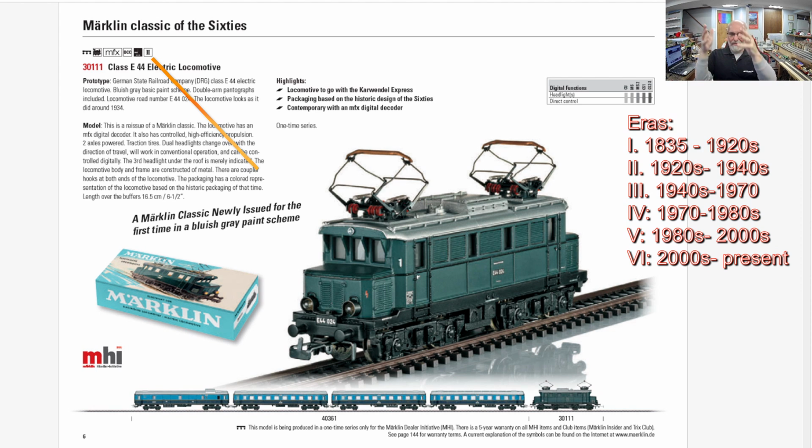In general, and they'll come up on the screen here, Era 1 is anything from the beginning of trains up to just past the end of World War I. Era 2 is between the wars, to the end of World War II, the mid-late 40s. Era 3 is post-war into the 60s. Era 4 is late 60s to early 80s. Era 5 is mid 80s to around the year 2000, 2005. And then the modern era is